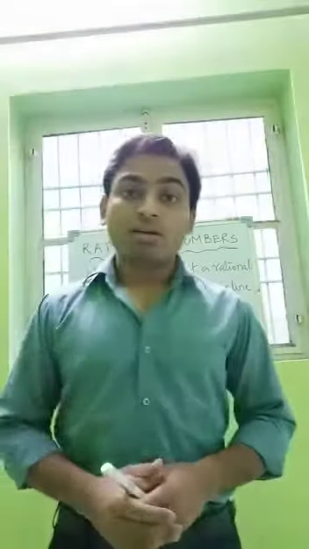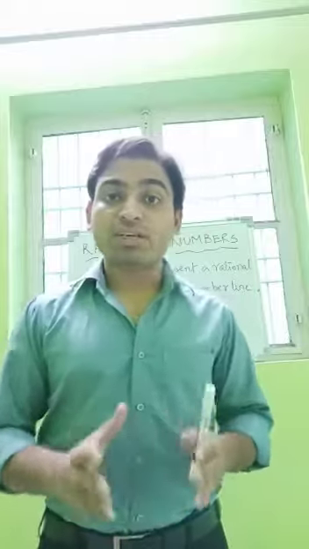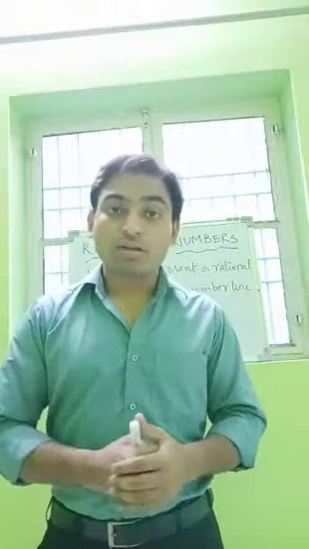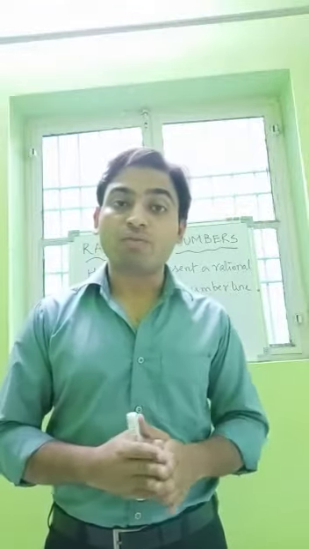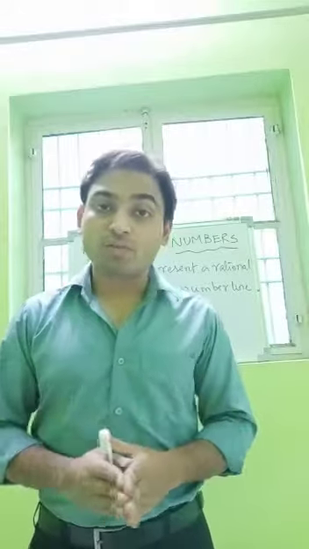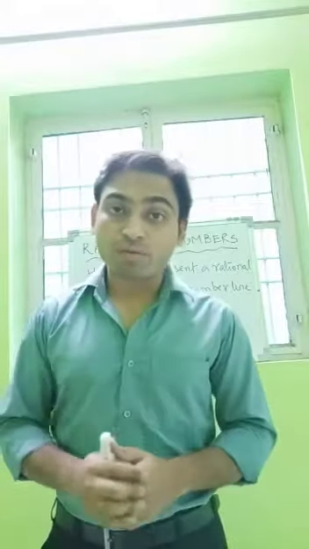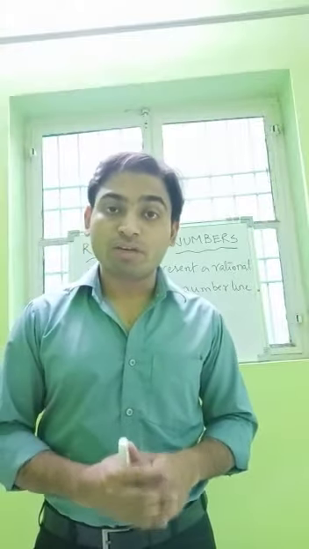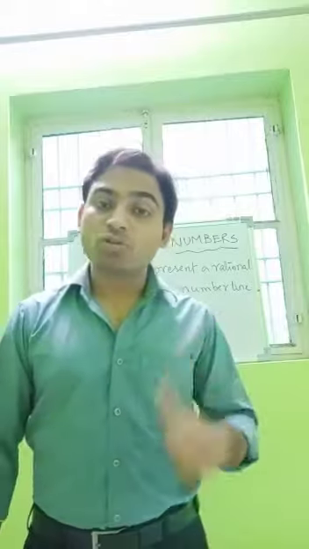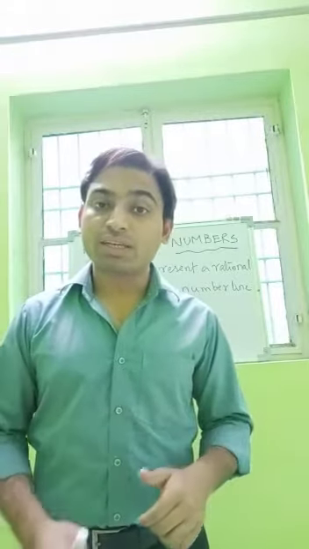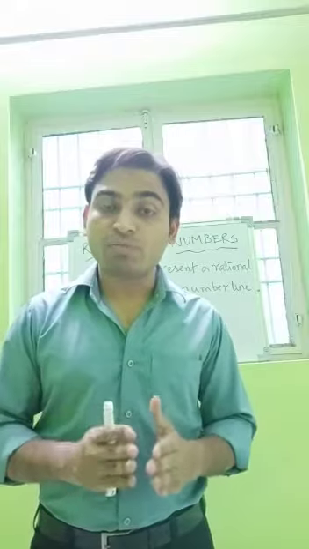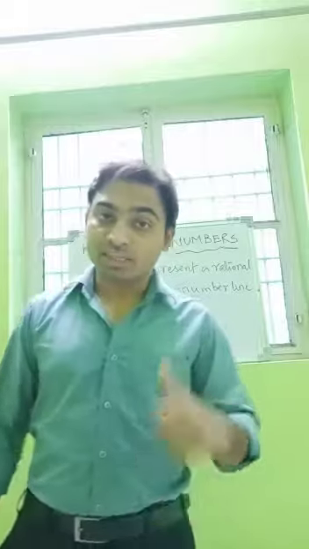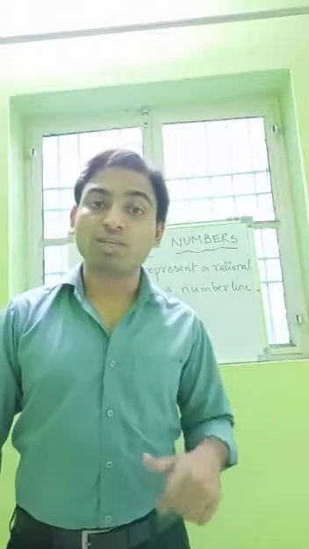Now pay attention. Now we will learn how to present a rational number on a number line. Here I am taking the rational number 1 upon 4. First of all, think: is 1 upon 4 proper or improper? Yes, 1 upon 4 is a proper fraction. If you want to represent a rational number on a number line, first think between which two numbers this rational number is going to lie. If the rational number is proper, then surely it will lie between 0 and 1. This means that 1 upon 4 will lie between 0 and 1.